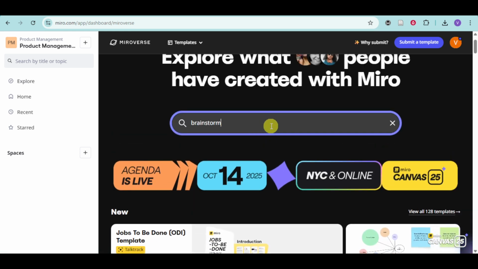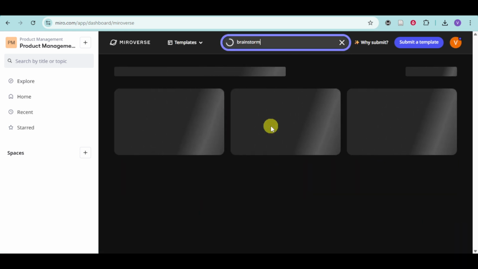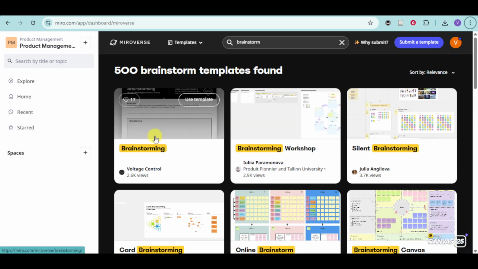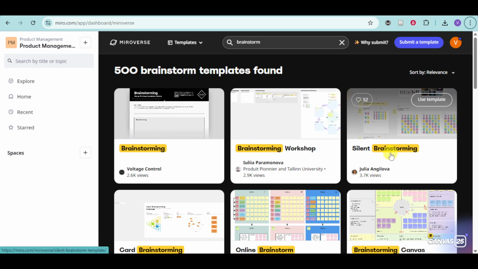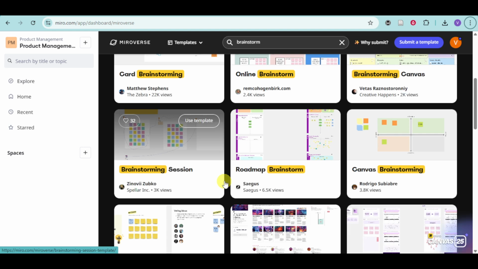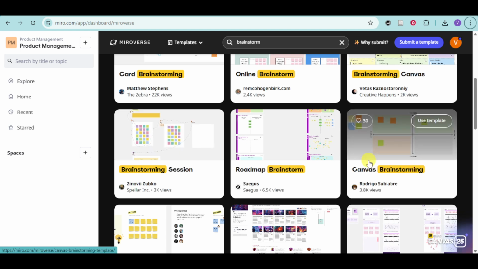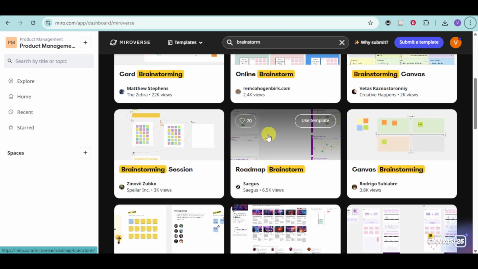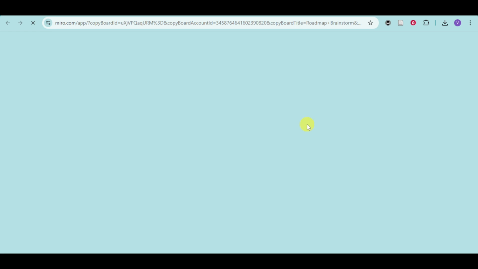So we also have in here other options that you can utilize. We have in here this template, another one, as well as silent brainstorming, online, canvas, and just choose right here the actual brainstorm that you want. Choose right here this roadmap, click on this use template, and then after that, this will direct me into the